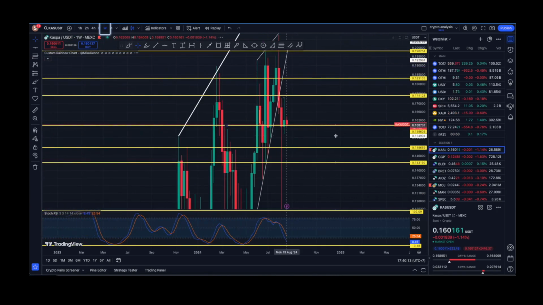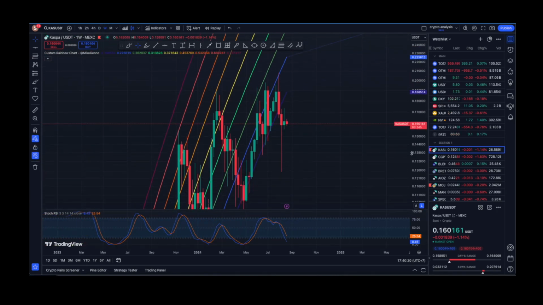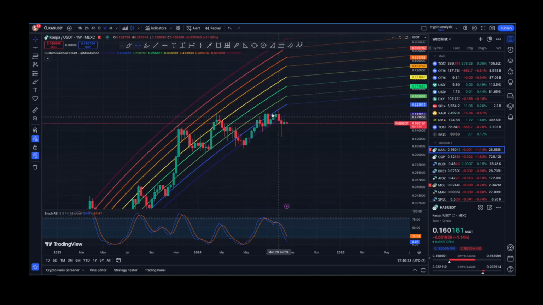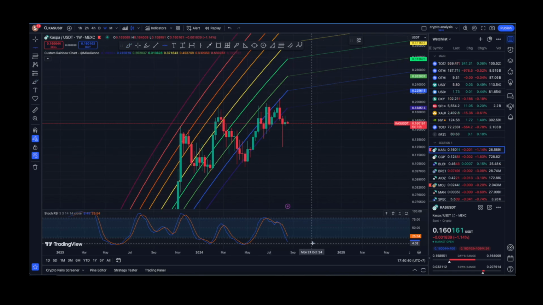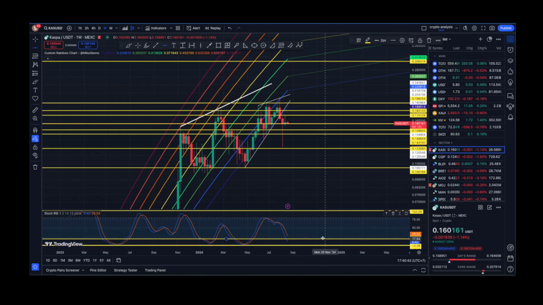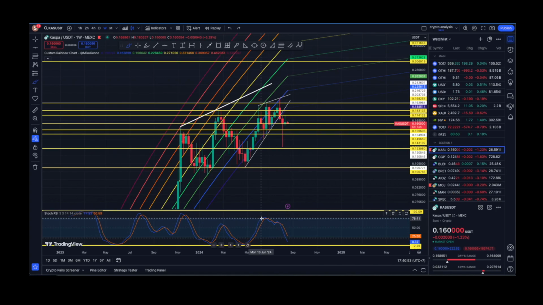So guys, looking at the weekly time frame, let me turn off the drawings. From the standpoint of the rainbow for Kaspa, we have dipped properly on the weekly time frame, right? The previous week's candle got closed, but we got basically pushed down as well. Nevertheless, this candle is green, right? However, a very interesting thing to notice for Kaspa is that we are closer to the bottom when it comes to stochastic RSI, as you can see in here. So sooner or later we are going to experience that reset, and then, heck, let's see what is going to happen.